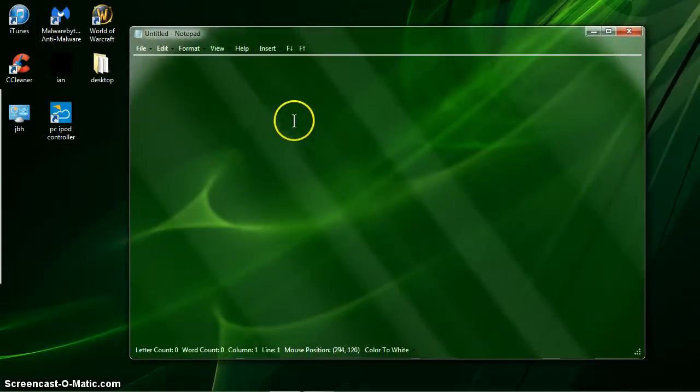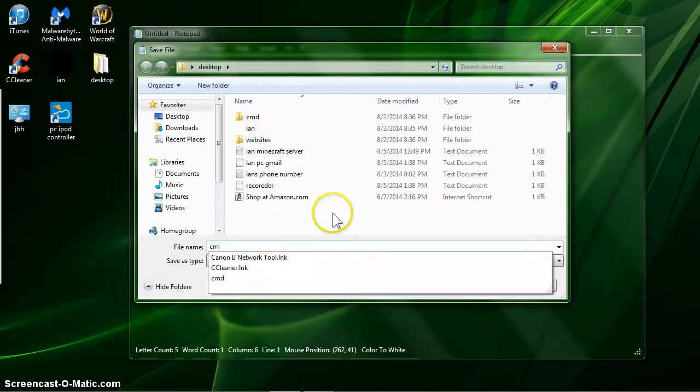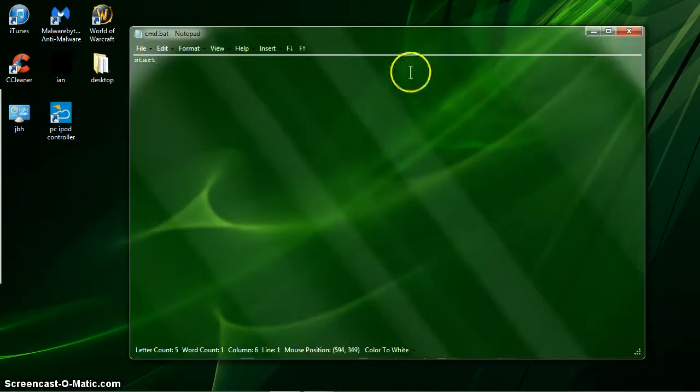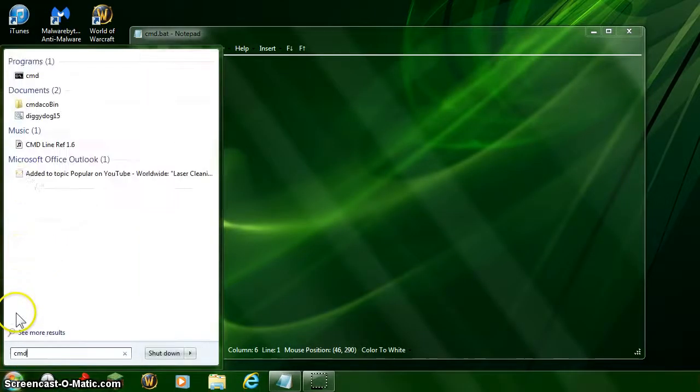But you type in start, and then you hit file, save as, and you can name it whatever you want. I'm just going to name it CMD and put .bat. .bat is a batch file runner, so it runs a batch file. So when I saved it, you can look for it on your computer now. So CMD .bat,